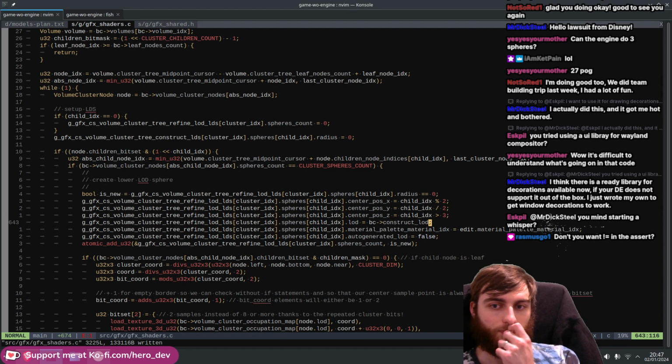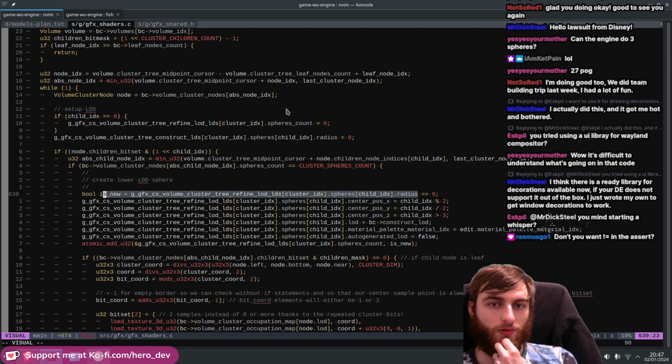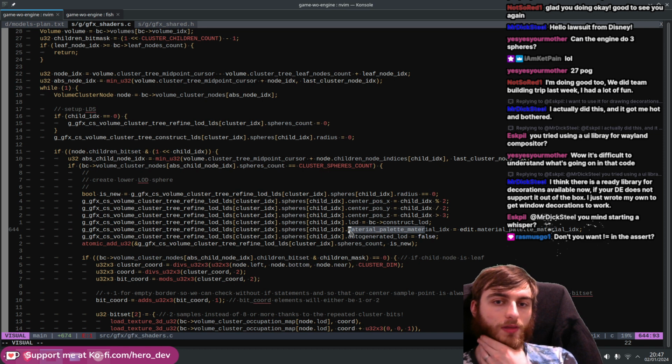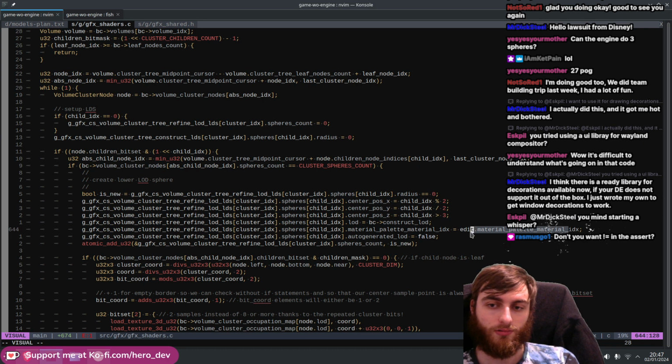So it's new if the radius is 0, because we initialize it to 0. So the main thing we need is this. You need to look at the child node's spheres. You need to get those, and you need to get